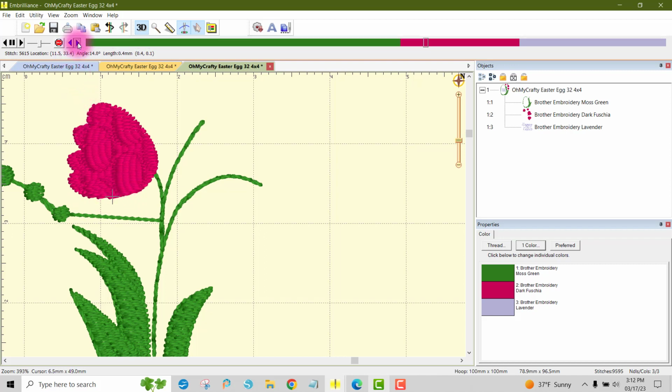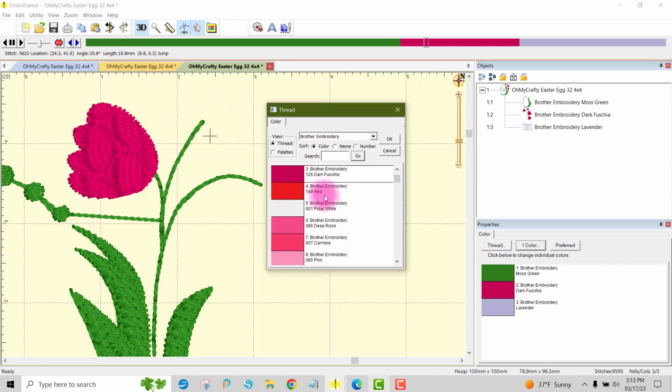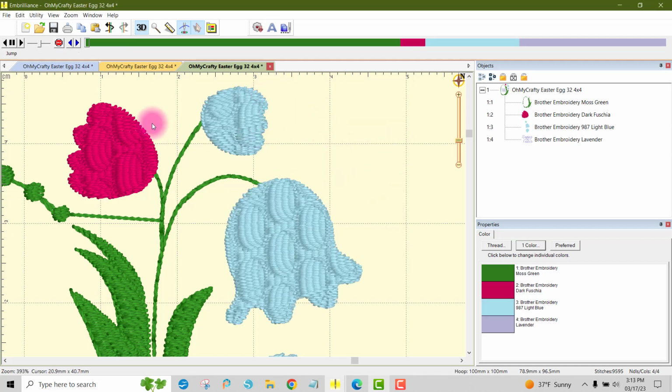I'm going to start using the blue triangle, so it'll go stitch by stitch until it starts doing the second flower. Once it starts doing the second flower, I am going to go back a couple until my crosshair is right here, and then I'll go forward one, so it's getting ready to start the new flower. That's when I'm going to put in a stop, a color stop, and I'm going to change the color. So I'm going to change it to something else here. Let's see, we'll change it to a light blue, and I'll say okay. And of course that changes all the rest of the flowers to that light blue color,